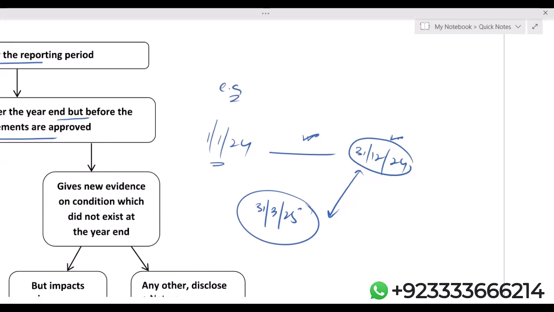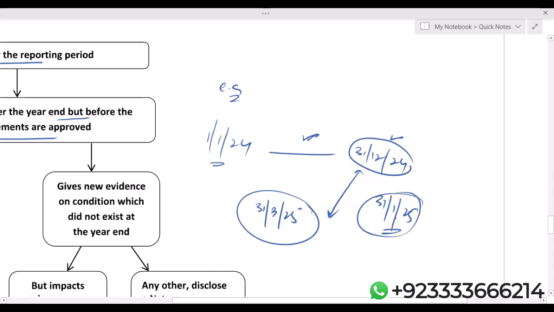On December 24, they got the information that one of their customers is going to be bankrupt. Let's say after year end, on 31st January 25, that particular customer goes bankrupt. So you have to recognize, you have to basically adjust your financial statement. Why you have to adjust your financial statement is because